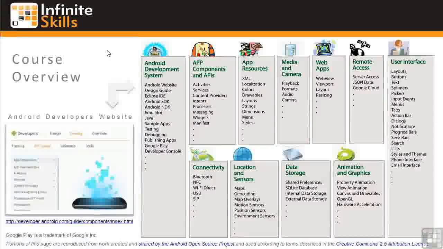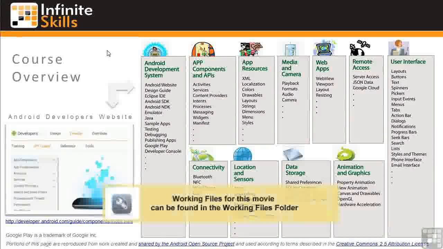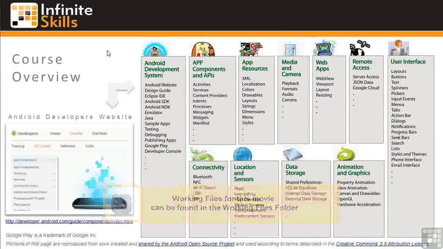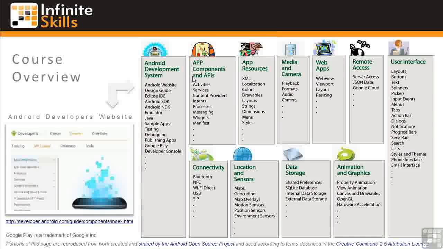In this lesson, you'll learn how the API Demos app fits into the course and how you can use the API Demos code in your apps. This graphic shows the outline of the contents of the course, and the API Demos app fits into the App Components and APIs group. It's also a gateway to understanding all of the other groups we'll cover in future chapters: